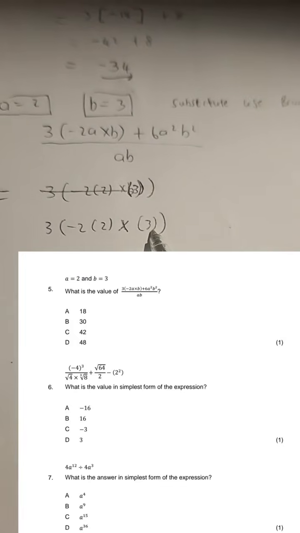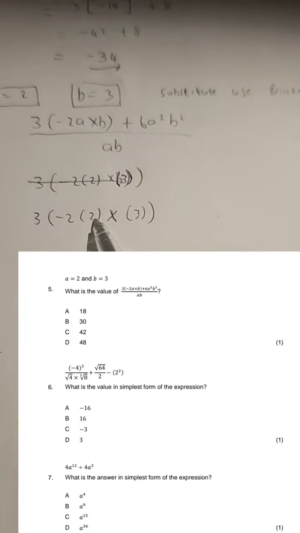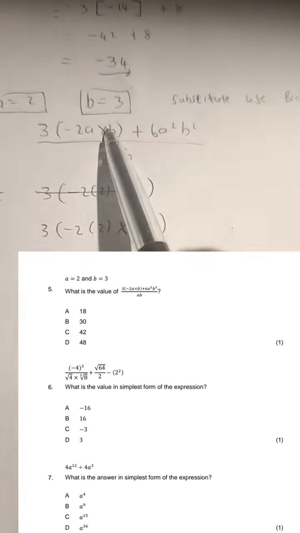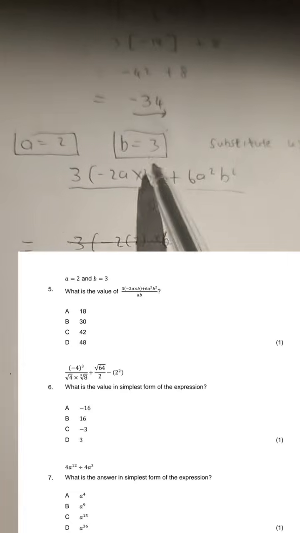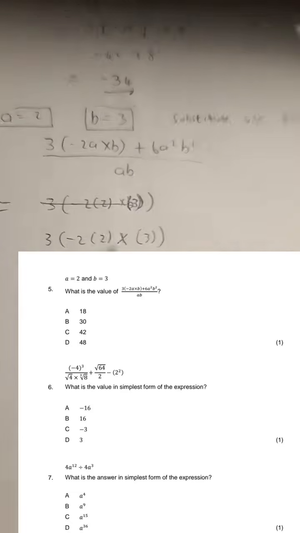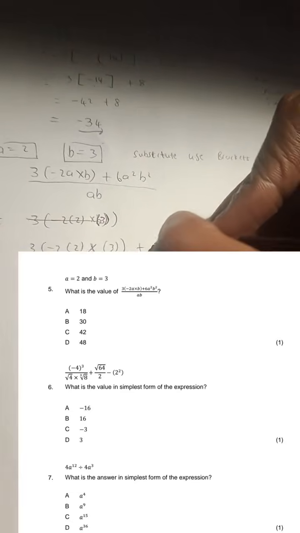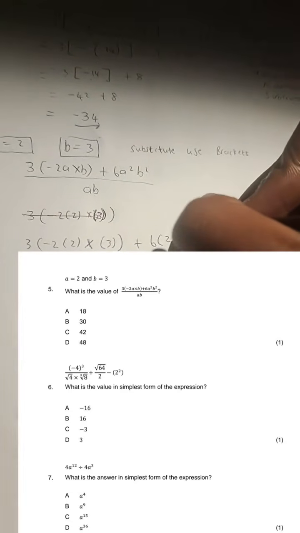Okay, please distinguish between the brackets. This is the small bracket for substitution that I've placed, because in the place of a, I'm writing 2. In the place of b, remember, we're supposed to substitute 3, followed by this plus 6 into a is 2,